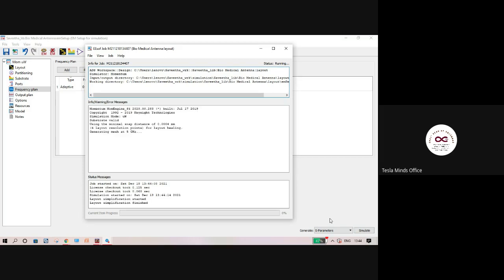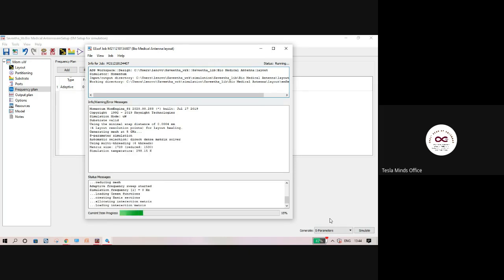Maybe when your antenna complexity increases, the number of steps might increase. So that's obviously there. Comparatively, in my experience of using ADS, EM Pro, HFSS, and CST, ADS is comparatively easy. And maybe once you design your first prototype in ADS, then you can switch to CST or HFSS or EM Pro, depending upon the needs of your antenna design. That's my idea, and that's how we approach antenna design at Tesla Minds company also.